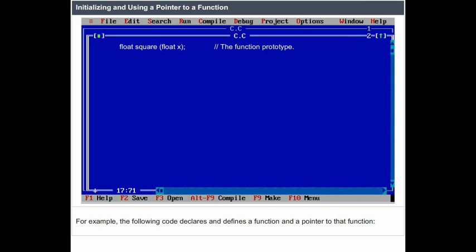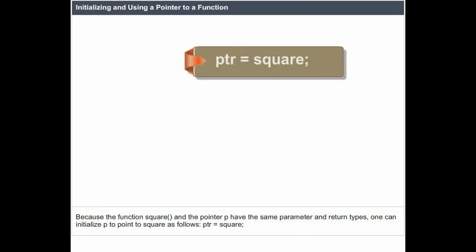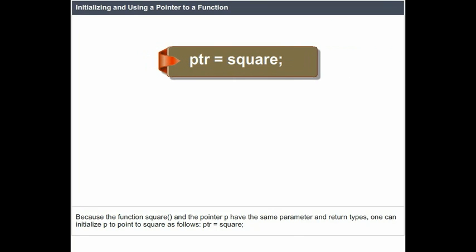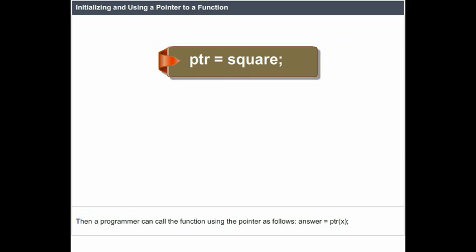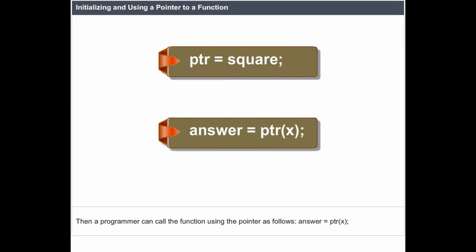For example, the following code declares and defines a function and a pointer to that function. Because the function square() and the pointer p have the same parameter and return types, one can initialize p to point to square as follows: ptr = square; Then a programmer can call the function using the pointer as follows: answer = ptr(x);